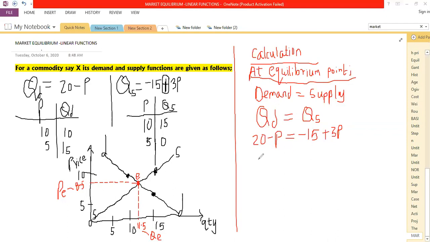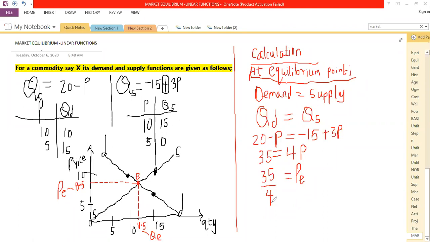So we'll have 15 going to this other side. We'll have 35. We equate this one to the price. Taking it to the other side, you'll have 4P for that price. Then as you can see, we are solving for P, making it the subject. We'll have 35 divided by 4. That should give us a price of